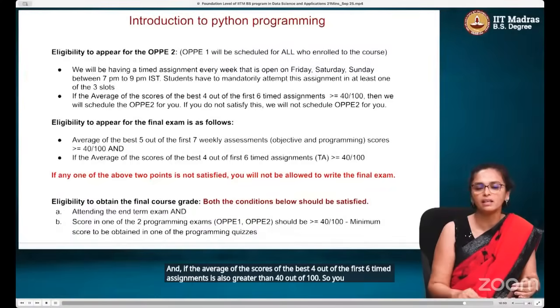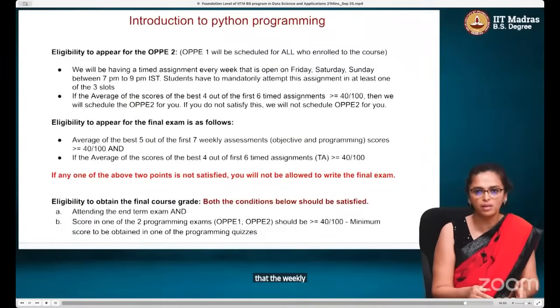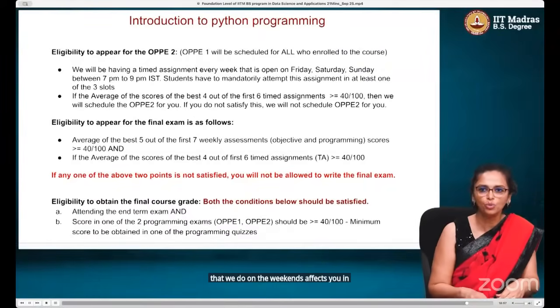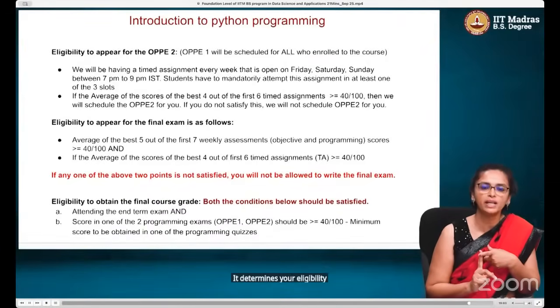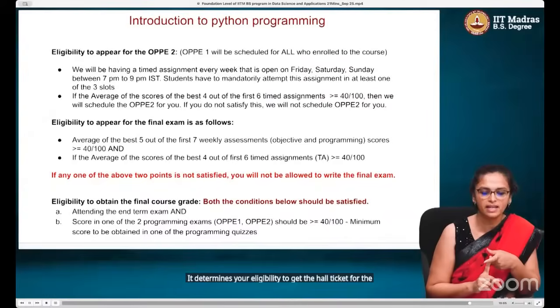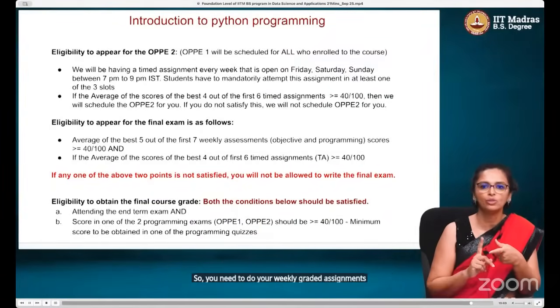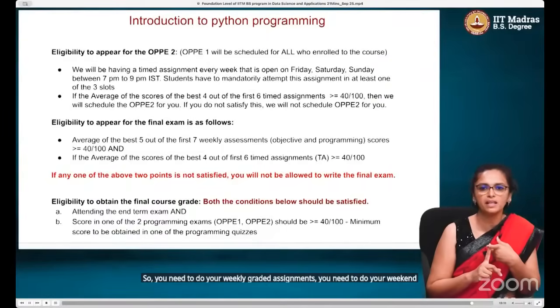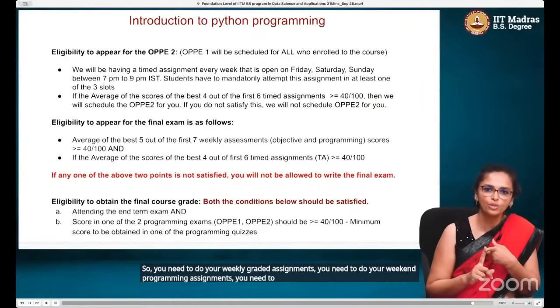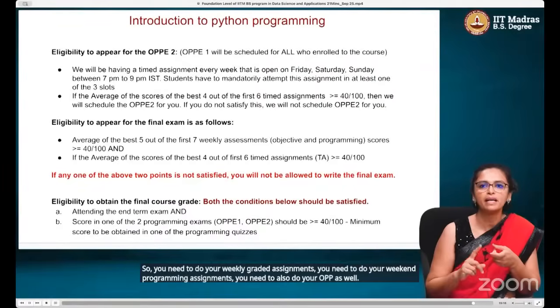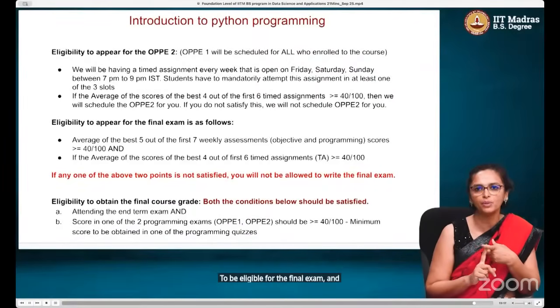So you can see that the weekly timed assignment that we do on the weekends affects you in 2 ways. It determines your eligibility for OPPE 2. It determines your eligibility to get the hall ticket for the final exam. So you need to do your weekly graded assignments. You need to do your weekend programming assignments. You need to also do your OPPE as well to be eligible for the final exam and to get a